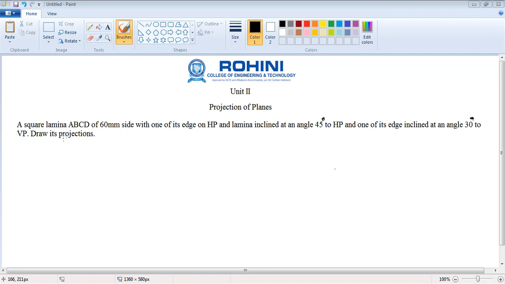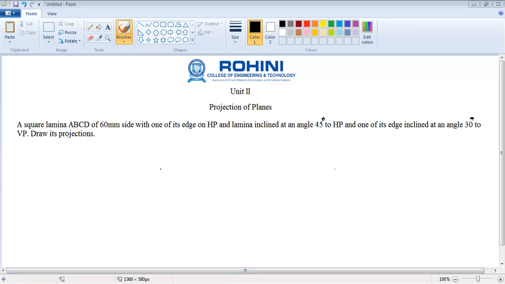So in this question they have given us a square lamina, a square surface ABCD, and each edge is 60 mm side with one of its edges on HP. And the lamina surface is inclined at an angle of 45 degrees to HP, and one of its edges is inclined at an angle of 30 degrees to VP. Draw its projections. So first of all, we are going to draw the front view and top view